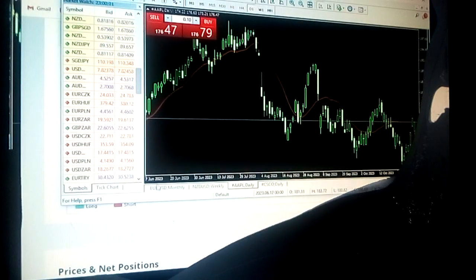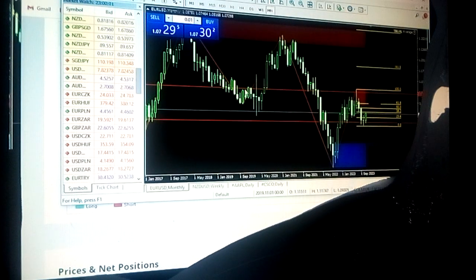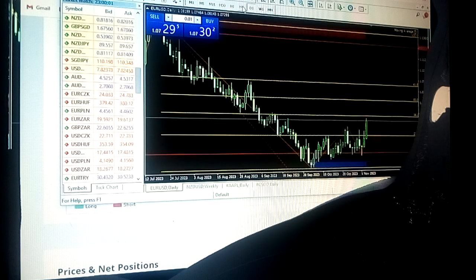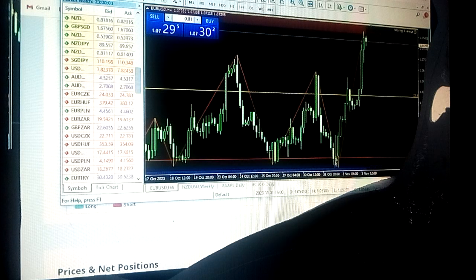Compare with the Euro USD. If you want to see Euro USD here, you will see that most of the people who normally trade Euro USD, they normally trade daily. They trade in and out, in and out, okay. So the currencies normally move in and out daily, okay. So they have a liquidity of going in, going out. But in stocks,